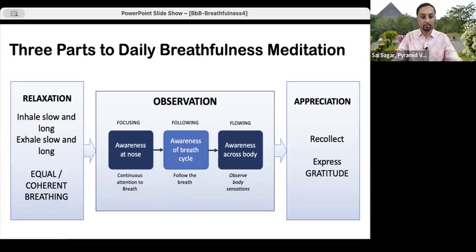And to do that, for a lot of us who started off new, we have to establish a strong foundation of concentration, a strong foundation of attention. That is why we said, just focus on a small part of our body, which is our nose, and start observing the breath. So you'll feel the sensations at the upper lip or inside the nose. And then slowly we expanded that awareness to follow our full breath, because we're all talking about just being aware of our breathing and the breath, and all that goes with the breath will result in a lot of benefits, right? So then we followed our breath as it went through our body and out.